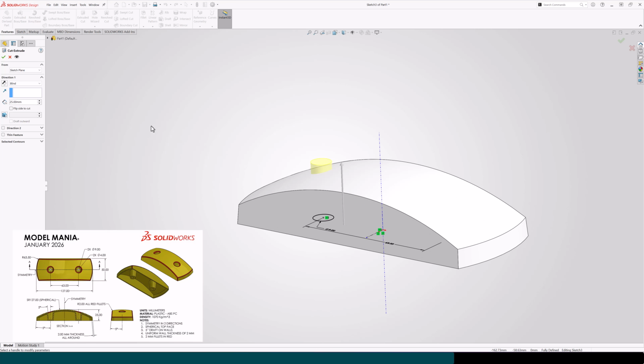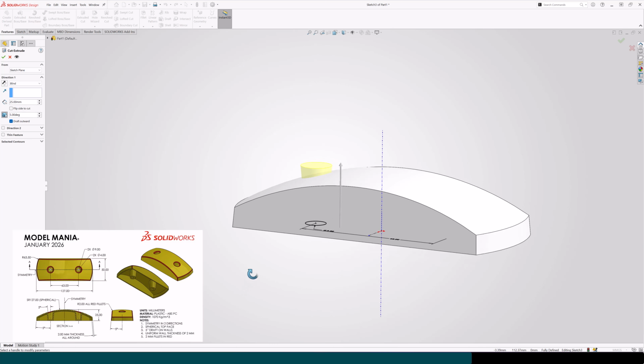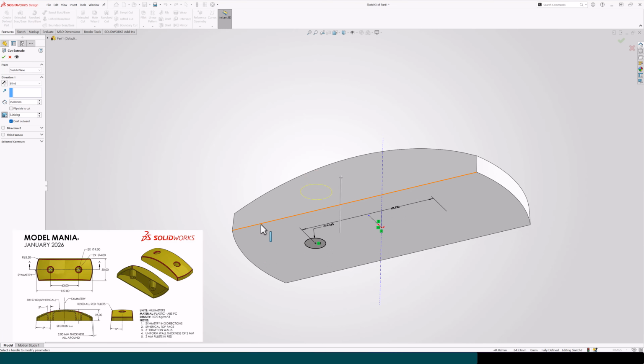Can't forget my draft. This isn't looking right. Make sure I add the drafts, and let's flip the direction. That looks right from visual inspection. Now